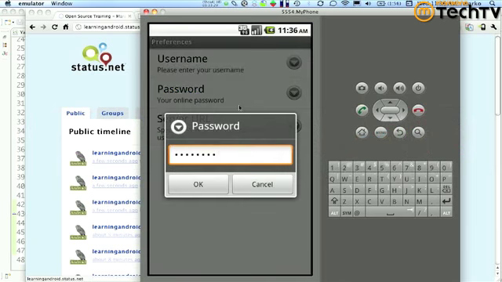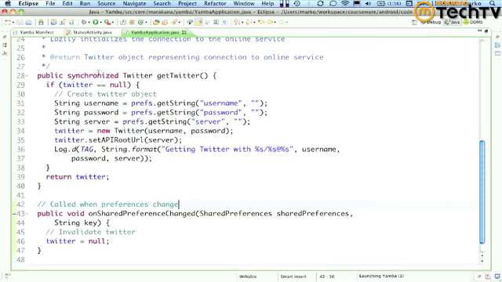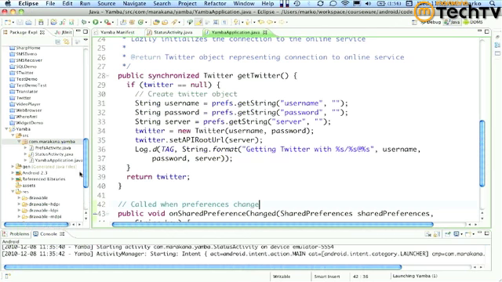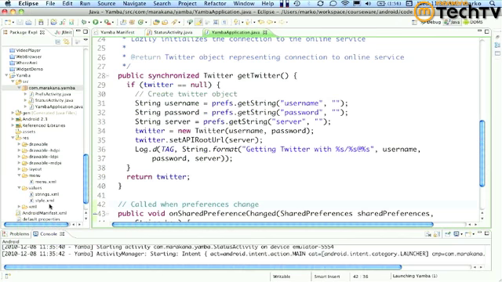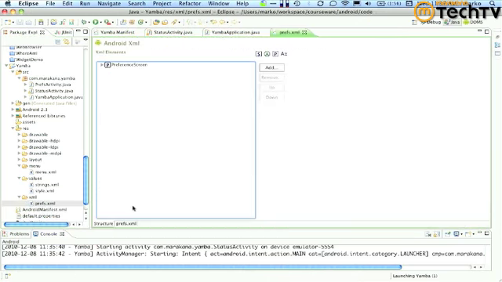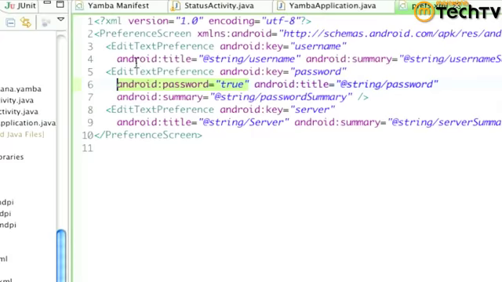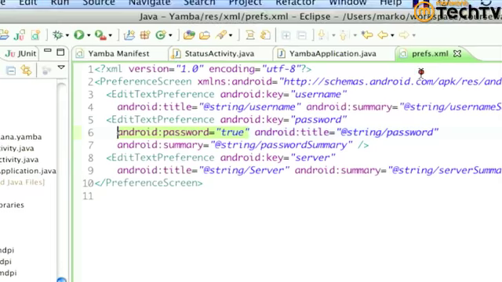Oh, that's funny, mine doesn't. Maybe I don't have that attribute. The reason it shows one way or the other is a not well known property on preferences that says password equals true. So the reason it shows as a password is by saying true. Where is that again? In preferences, where we define what a